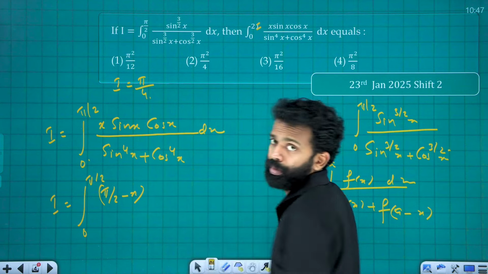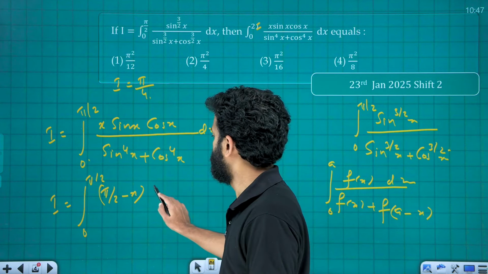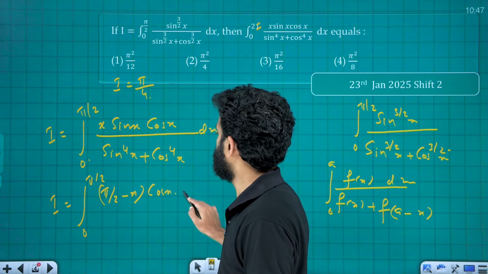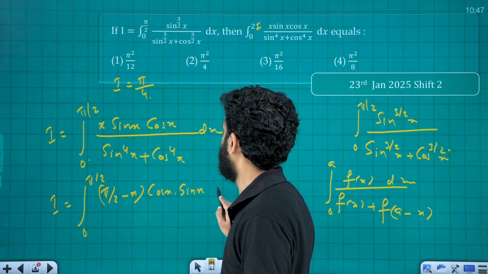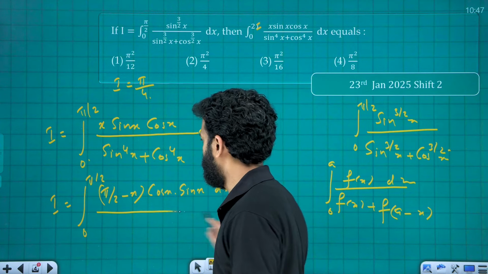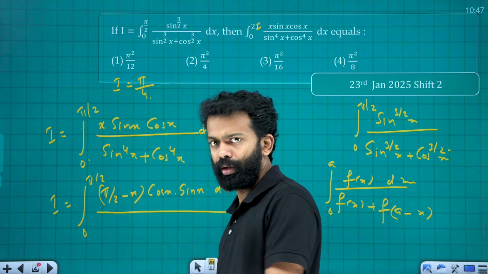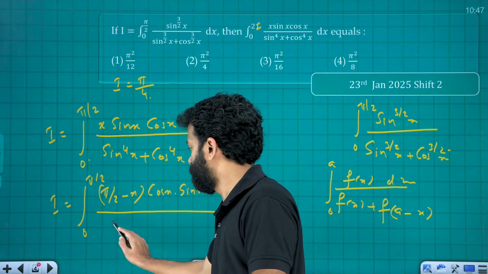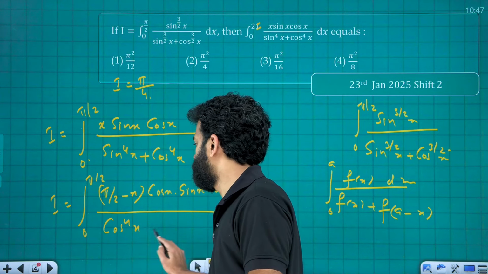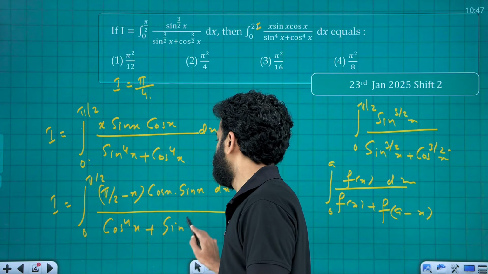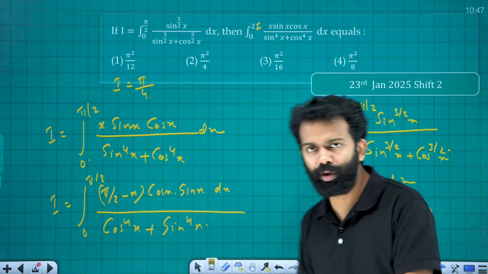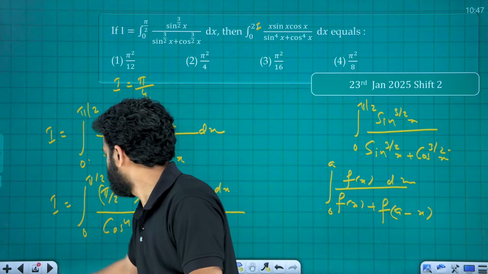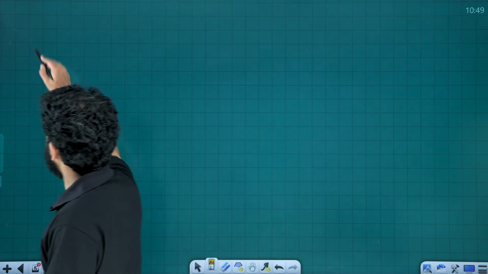And this becomes sin of pi by 2 minus x, that is what? Cos x, into cos of pi by 2 minus x is what? Sin x, into dx divided by sin raised to 4 of pi by 2 minus x, which is what? Cos raised to 4x, plus this will be sin raised to 4x. Okay, therefore, I will be what? In the next slide, we can formulate that. Therefore, I is equal to